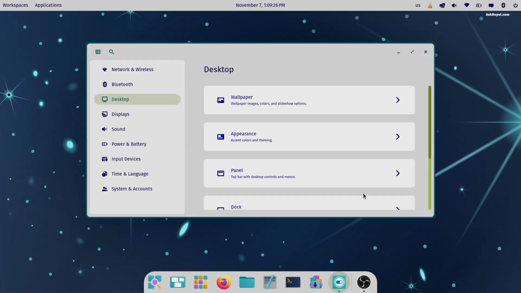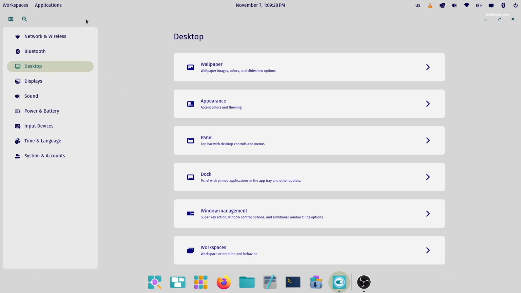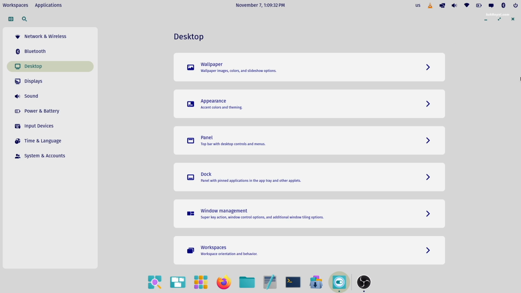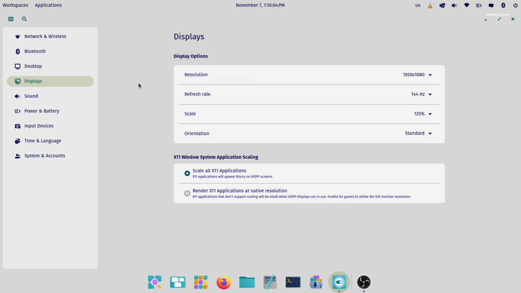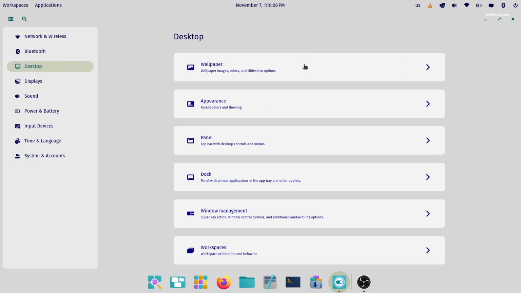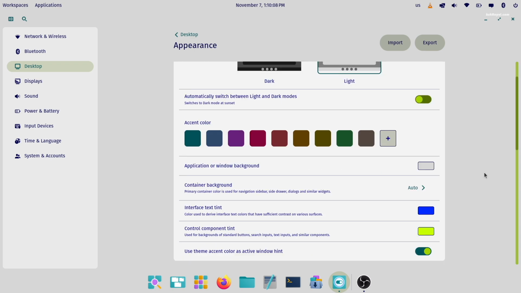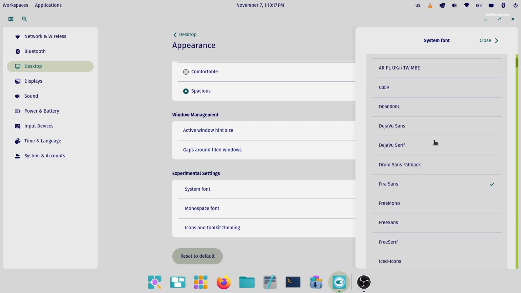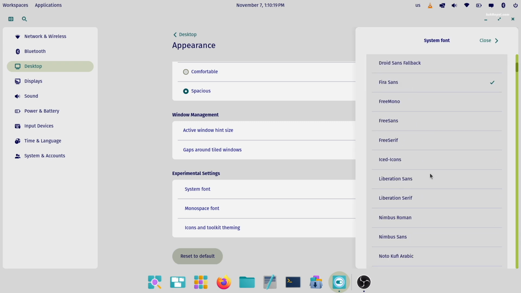The Cosmic settings application now looks much more polished, with everything organized and much easier to navigate. Previously, it felt incomplete, but now they have added a few more experimental settings in the Appearance section. These allow you to customize your system font, monospace font, icons, and toolkit from the experimental settings.